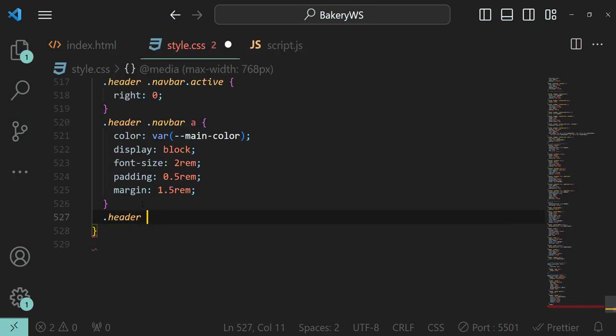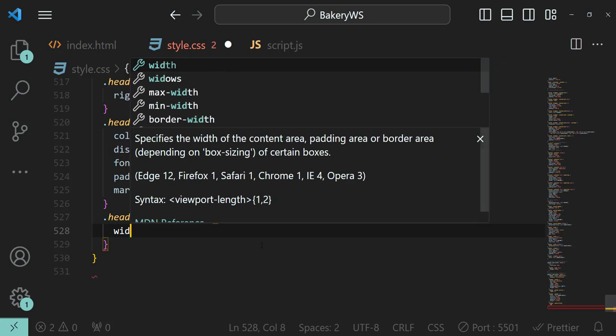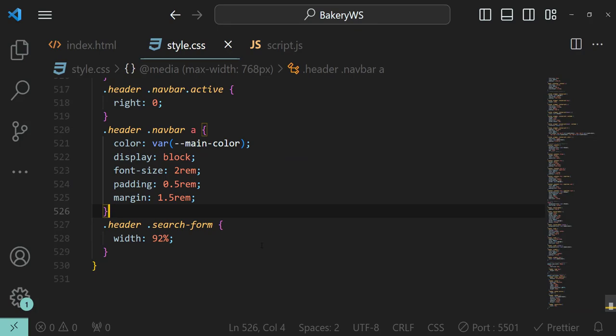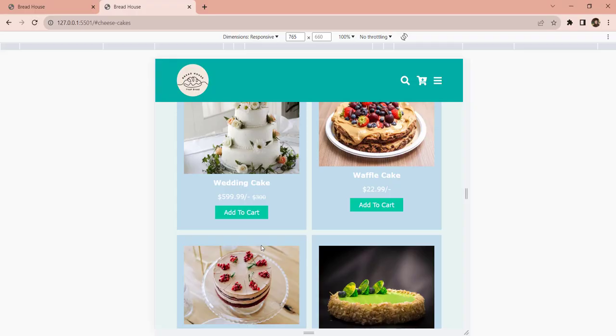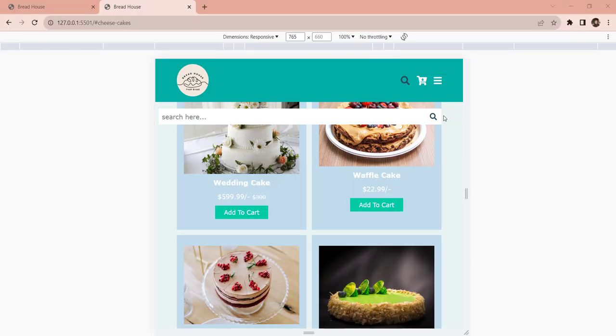So to do that, let's target the header class once more, and there we have a child with the class name search form. Let's give it width 92%. Okay, now let's have a look. Let's click on search icon. Okay, this is 92%. But now if you notice, this search box doesn't seem to be properly aligned. From the left there isn't much space, and at the right side there is plenty of space. So